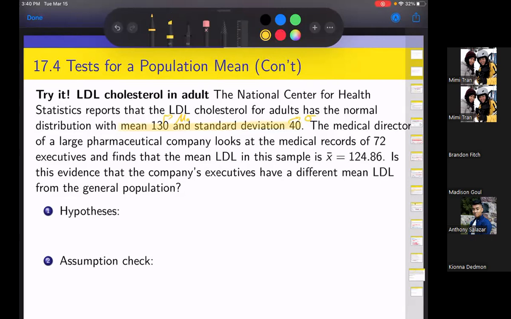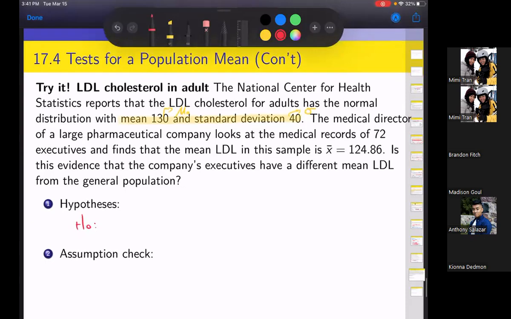The medical director of a large pharmaceutical company looked at the medical records of 72 executives and found that the LDL in this sample is 124.86, so slightly lower. He wants to know if the company executives have a different mean LDL from the general population, based on that sample. So the hypothesis here,